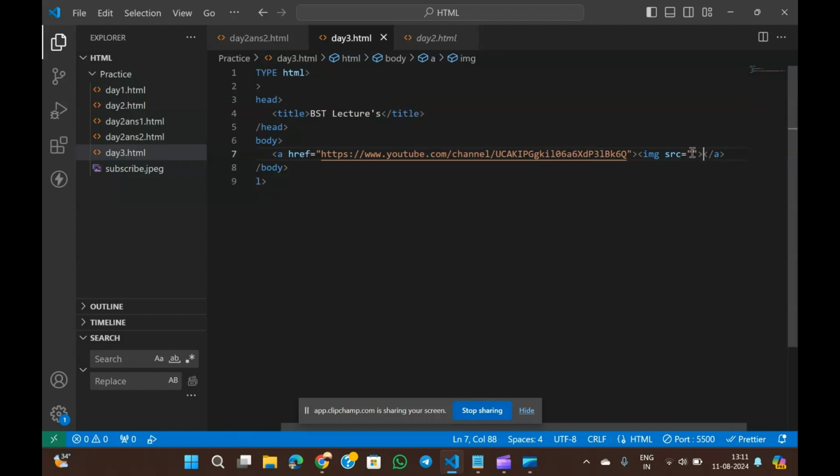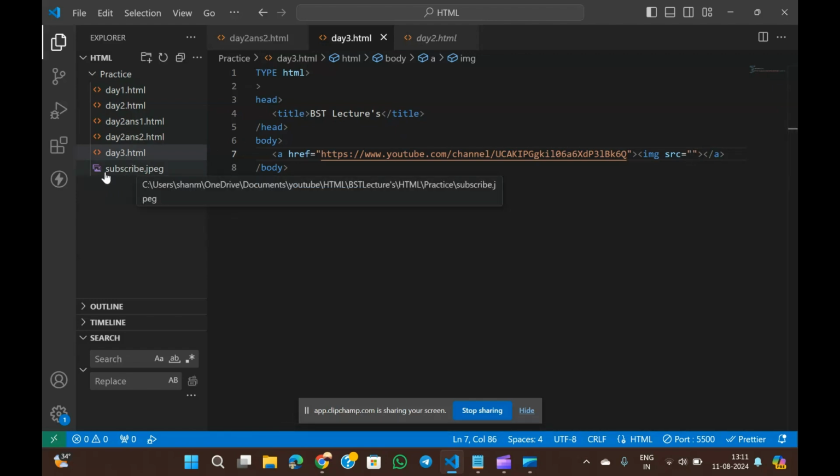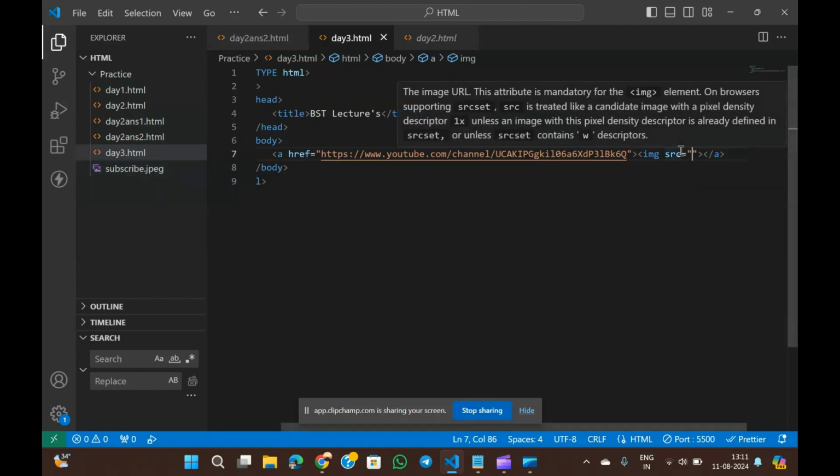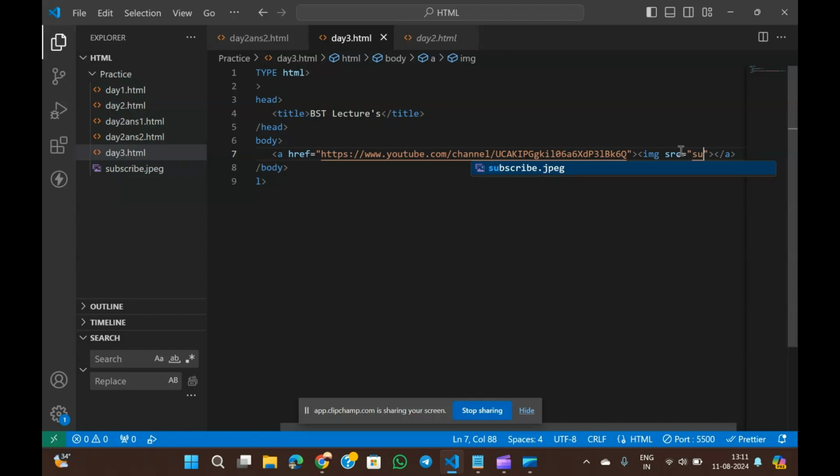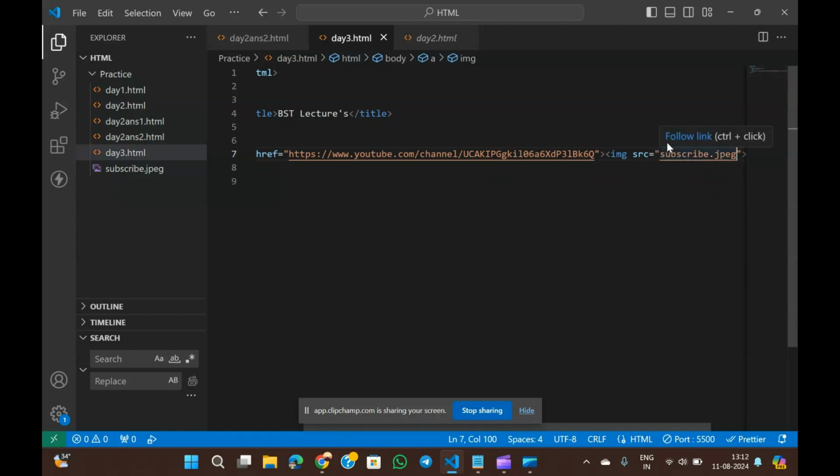Now we have to keep the address of the image. I am using the same image which is used in the second video, that is subscribe.jpeg. Here if I type sub, the recommendation came, subscribe.jpeg. If I click this image, it should redirect to this link. Now let us see the output.